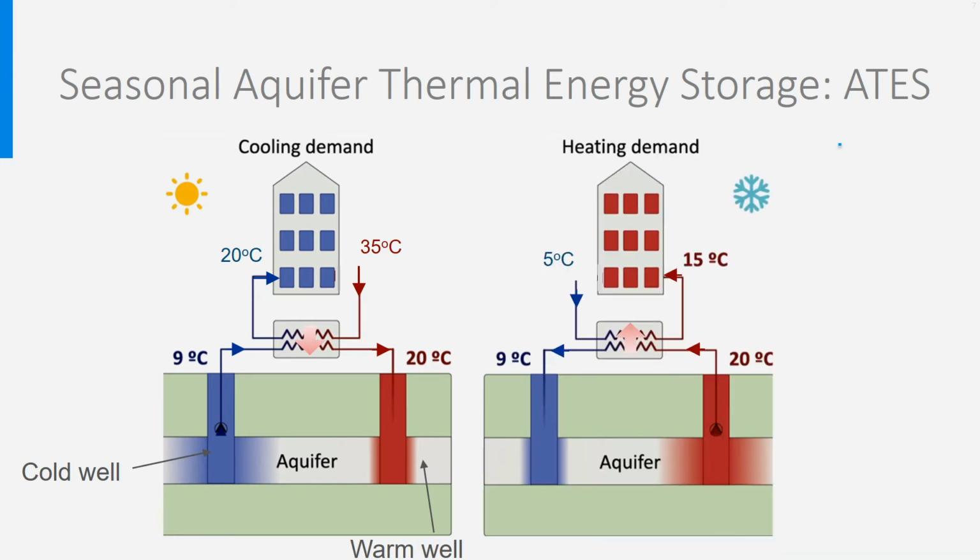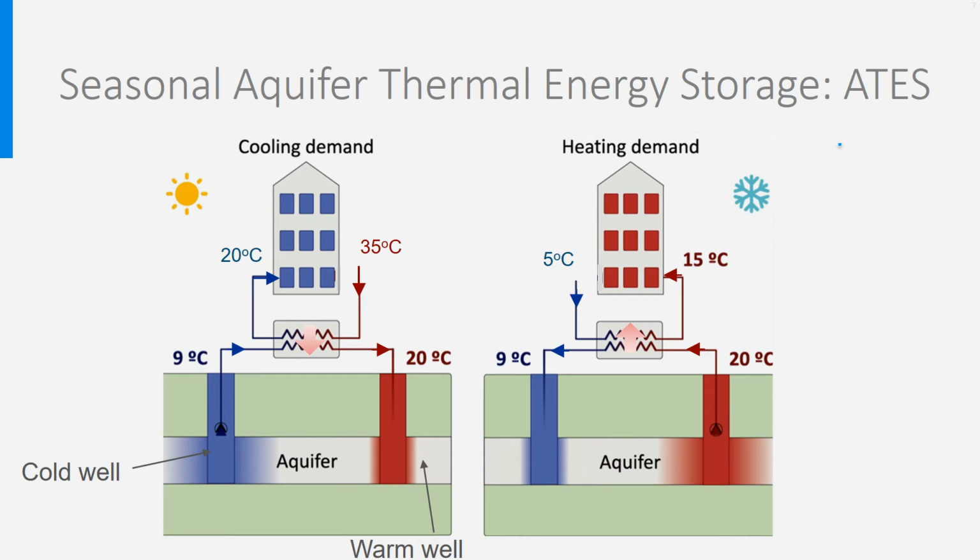And then winter arrives, where we need heat. The heat that has been stored in the warm well can then be used by just reversing the flows in the heat exchanger. Now, the warm water is pumped to the heat exchanger, in which it gives its heat to the cold outdoor ventilation air in such a way that it is nicely preheated, for instance, from 5 degrees to 15 degrees. In our example, we used a cold well at 9 degrees and a warm well at 20 degrees. Other temperatures could be chosen depending on the desired temperature levels. It is even possible to store high temperatures above 40 degrees.